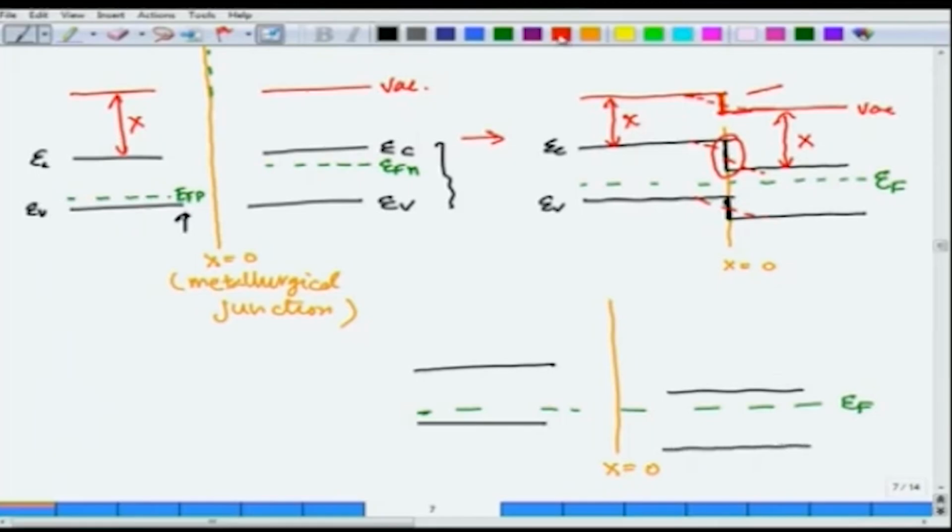and I will draw these vacuum levels, and this vacuum level a little higher, and stop here. Then I will say, look, what I needed was that the vacuum level should be continuous. I will therefore join them very smoothly. Instead of abruptly, I will join them smoothly. If I do that,